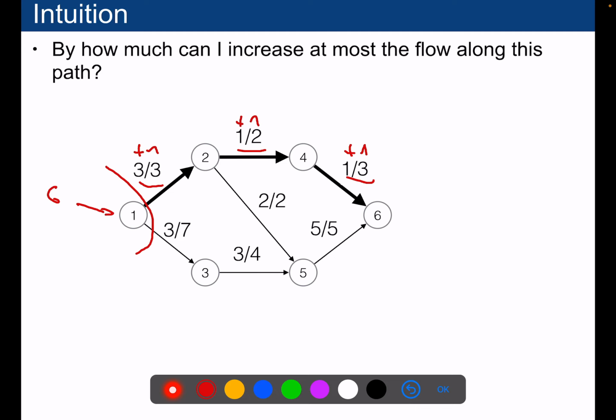Well, we see that it's not really possible, right? Because here it's saturated already. Okay, that one is saturated, so we cannot really augment it. If we go in that direction, that one is saturated as well. So we are kind of stuck, right? We cannot improve it. So that's a simple algorithm, but it's not really working yet.